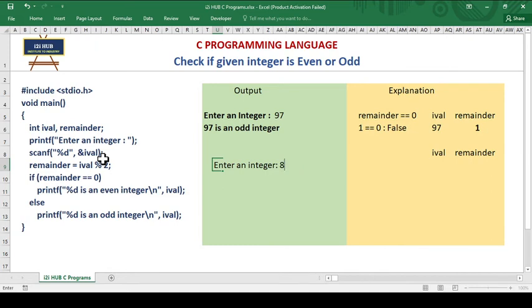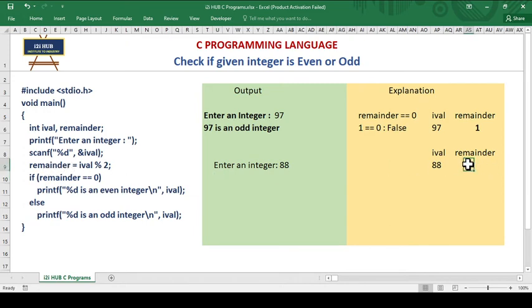So suppose the given value is 88. As soon as 88 is provided, 88 will be saved here. Now the next line is 88 % 2, 88 divided by 2, what will be the remainder? Percent means remainder, the modulo operator gives you the remainder. So 88 by 2, the remainder will be 0, and that 0 will be stored inside the remainder variable.